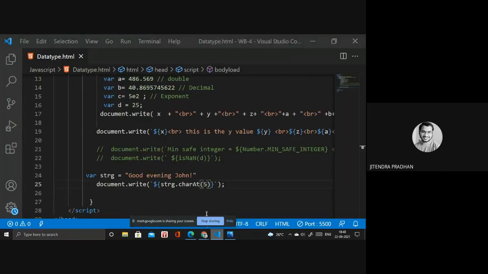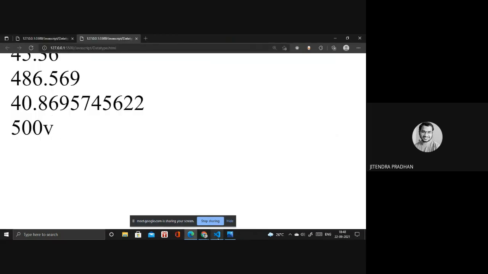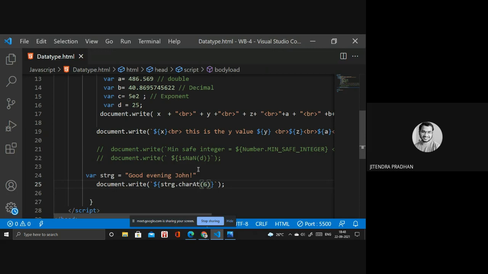So what is the index number of E? If you count 0, 1, 2, 3, 4, 5, E has index number 5. If I write 6, it will be counted as V. So if you want to extract a particular character from a string, we use charAt. I hope you got that point.